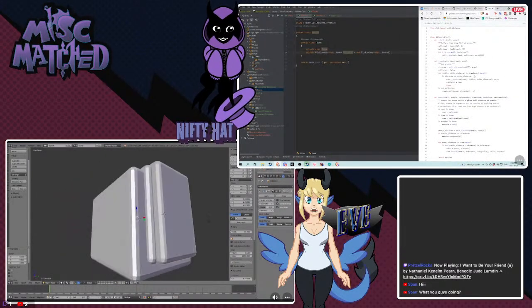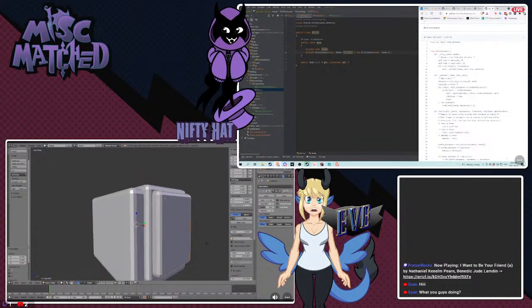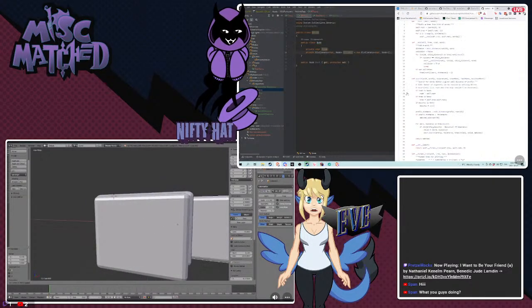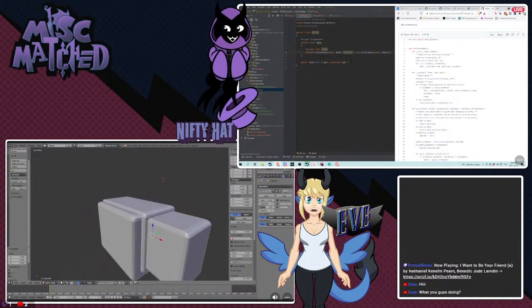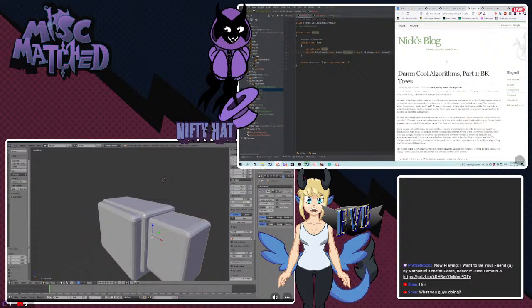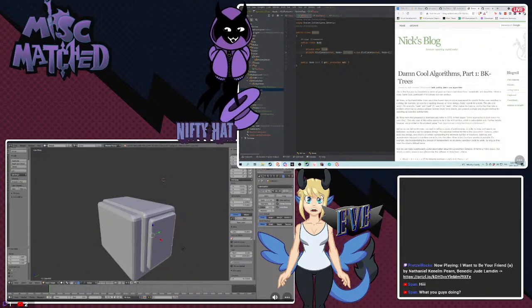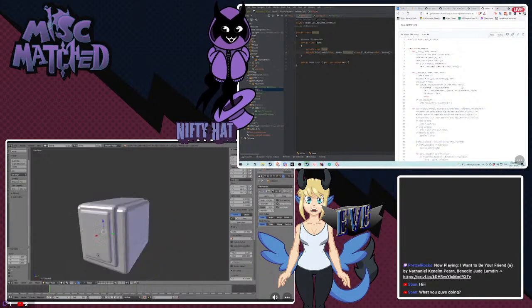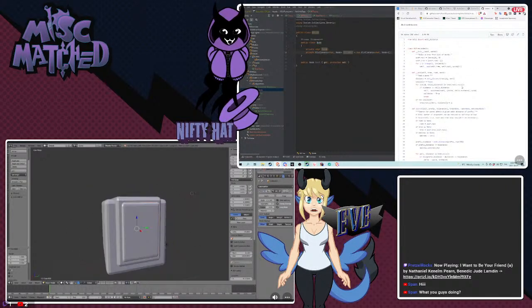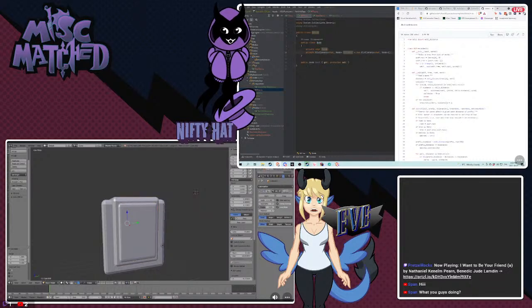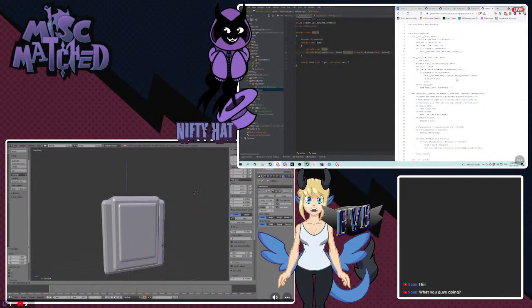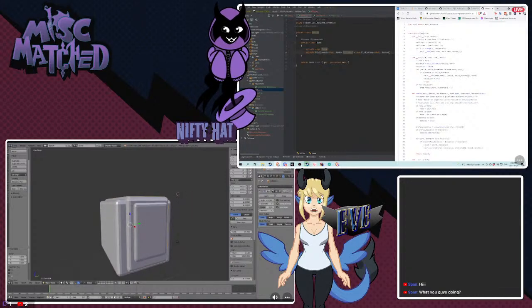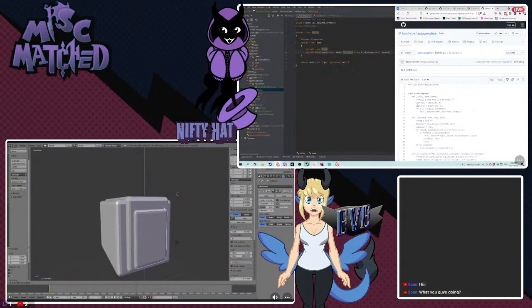Today I'm messing around in Blender. I am writing an implementation of a BK tree, which has a fancy name. Here we go. It's a Burkhard-Keller tree. And TLDR, it's used to do autocomplete searches faster. We have this lovely Python implementation that I'm going to have to convert to C#.